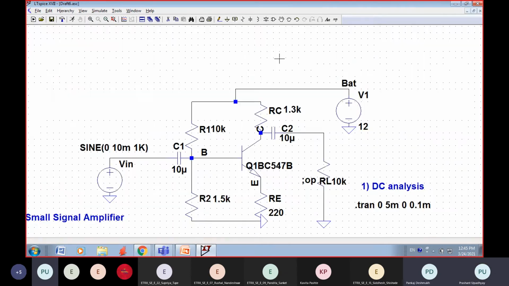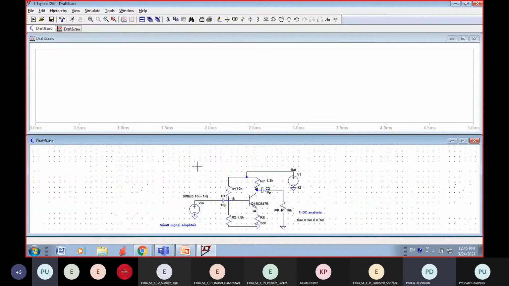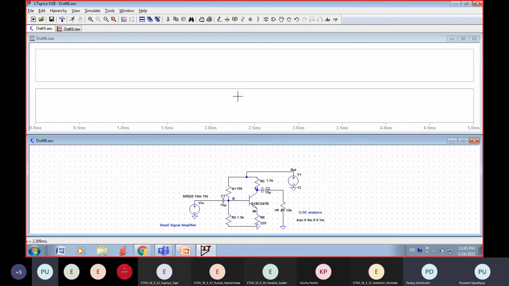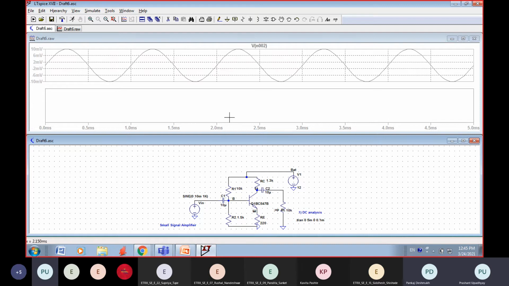Let me rerun it. So yes, I will add a pane. This is my input, and this is my output.